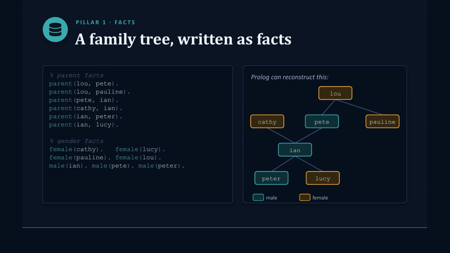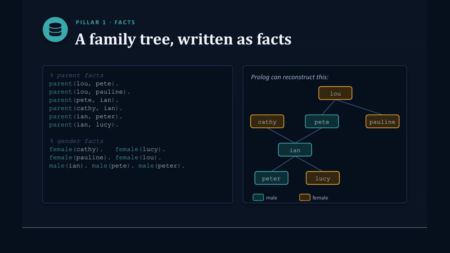Here is our running example, a family tree expressed entirely in facts. The parent predicate records who is a parent of whom. Lou is a parent of Pete and Pauline, Pete and Cathy are both parents of Ian, and Ian is a parent of Peter and Lucy. A second group of facts records gender, using female and male predicates. Notice that we never draw a tree in the code. We only state individual relationships. The tree on the right is something Prolog can reconstruct from these facts, and that reconstruction is exactly what makes